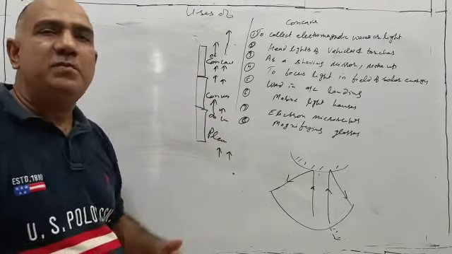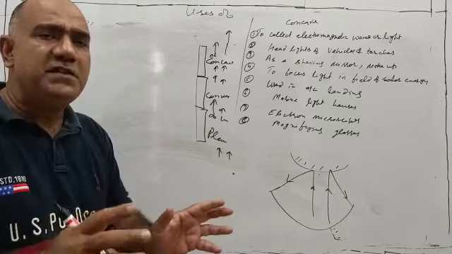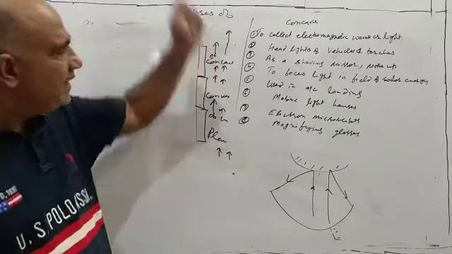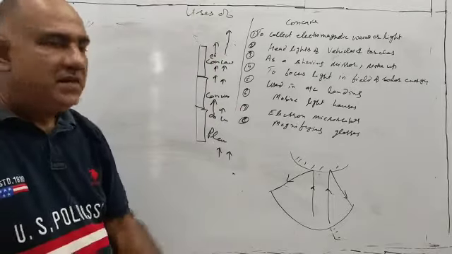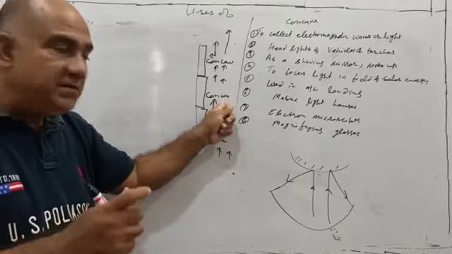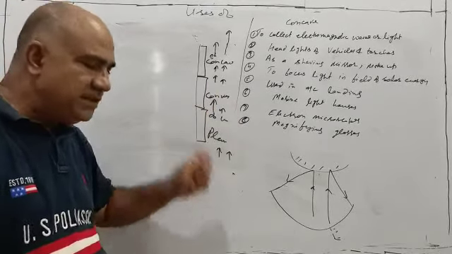You get closer to such a combination, and once again let me tell you, you are positioning yourself between the pole and focus. Once you are positioned between pole and focus, then this has to make an enlarged image. So if the image is enlarged, it is this. If the image is diminished, it is because of this. And if the image is of the same size as the object, it is because of the plane mirror.